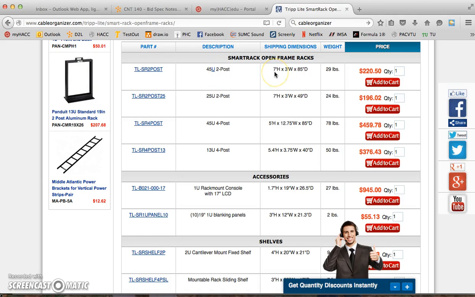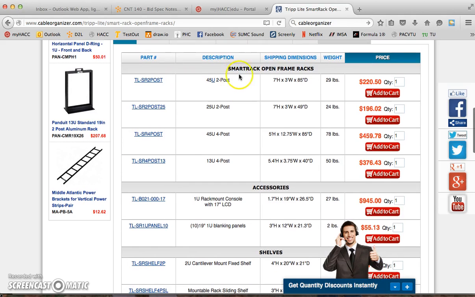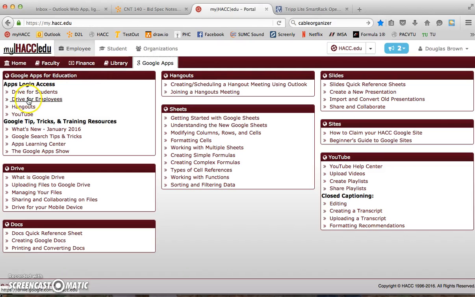It tells you it's 7 foot high. That's giving you an idea that that's typically what we have in a closet. So here could be a 2-post open frame rack for our closet. Well, what I need to do is open my Google Drive,